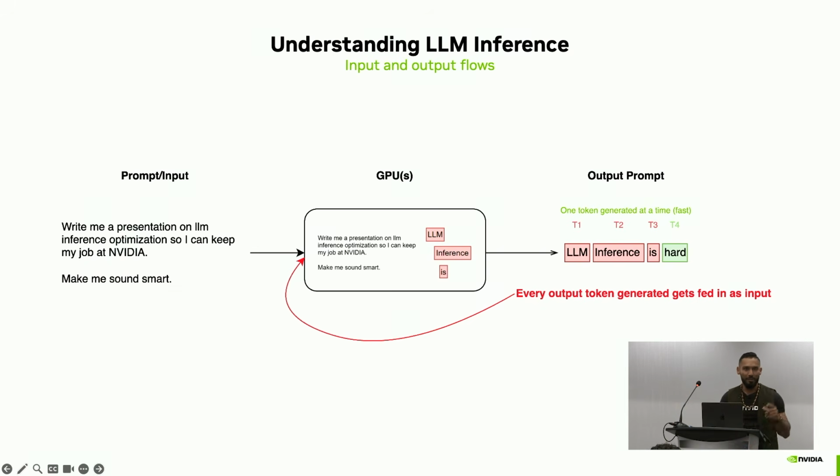LLM inference is hard, and I put the timestamps T1 through T4. In every single deployment, no matter how fast anyone claims they're doing things, it's typically one token that's generated at a time. That's very important to understand. The next thing is that in order for an LLM to give you a coherent answer, just like how you speak, you have to remember every single thing that you said before. And you'll understand the mechanism of how LLMs are able to do that. So that's why I'm putting the LLM inference in red and putting that back onto the GPU. Every token that I generate gets locked onto the GPU,